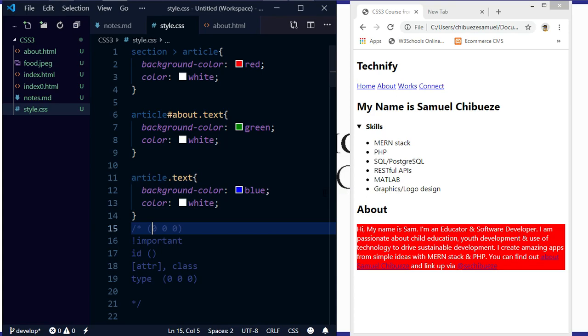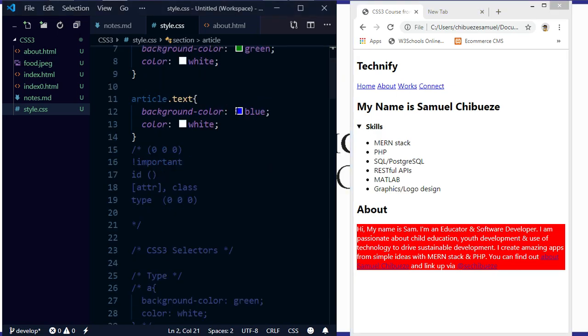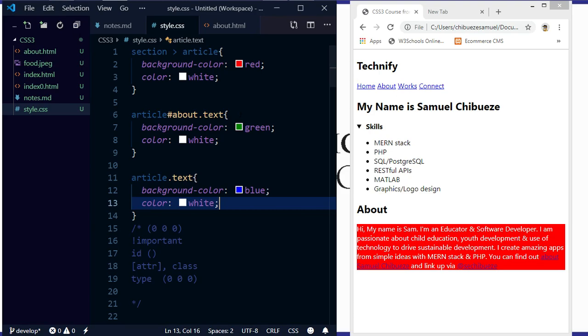So when we save and then we reload, you see that the one with, no, this background is still red. Am I missing anything? Background is green. Okay, let's reload. What's happening? Sorry, let's check this. Background color is red, and then background color is green, then the text,